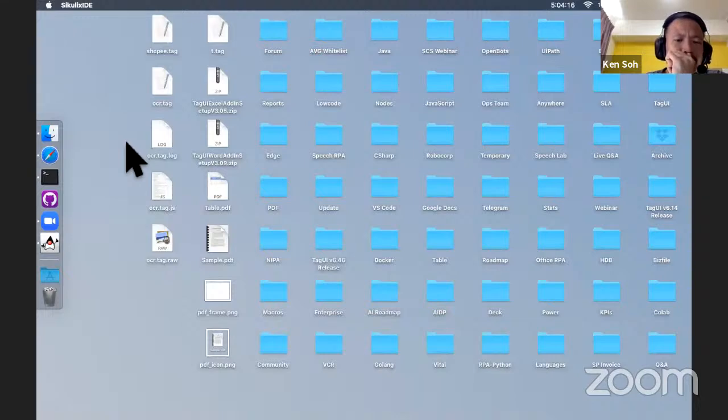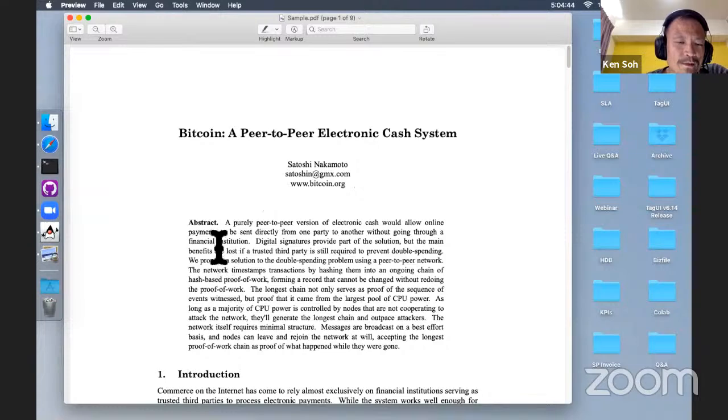So when I do something like that, I say double click on the PDF icon, and the PDF icon is the sample.pdf. So what will happen is you see TagUI will control the mouse and try to double click and open the PDF. So now you run and open the PDF. It takes maybe 10, 15 seconds to load the computer vision engine. Okay. Then after open,